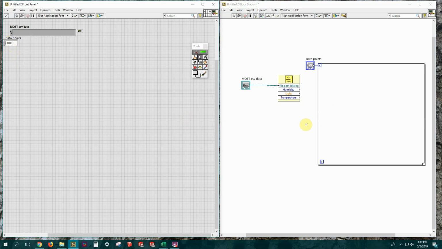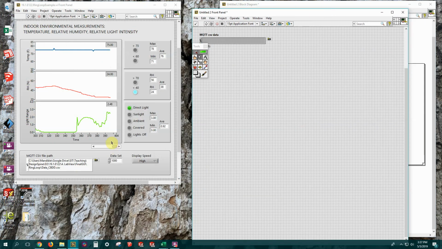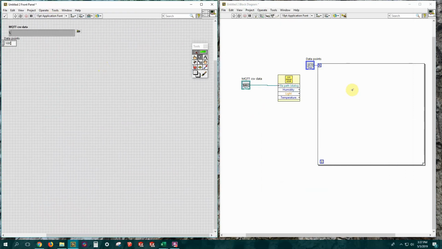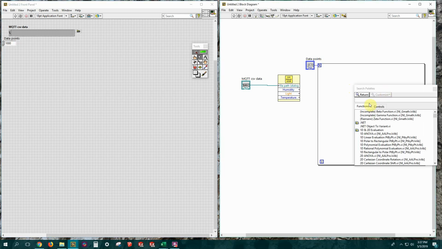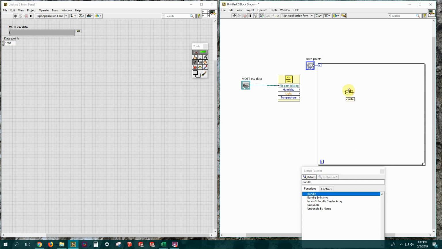component. If you go back and see what I did here, this single chart having 3 different data sets in it is just a typical chart like we're used to, but the inputs are a bundle. So I'm going to right click, search for bundle, bring in a bundle component. Make it bigger here, and now I'm just going to bring in my 3